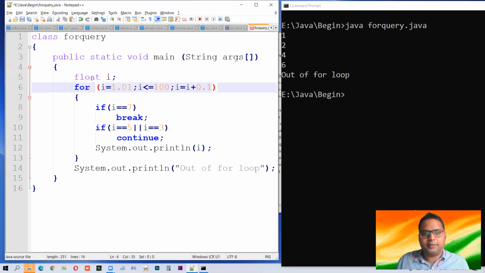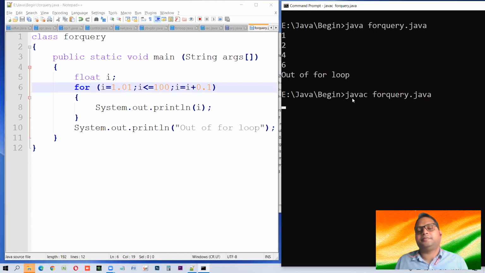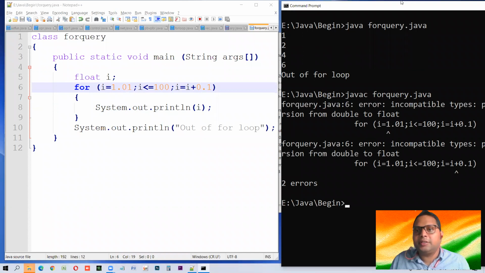0.1. Right? Now remove all these things. And now see what will happen after this. What I'm doing, I'm just increasing 0.1, until there. Okay. Now see what will happen now. Look at this.